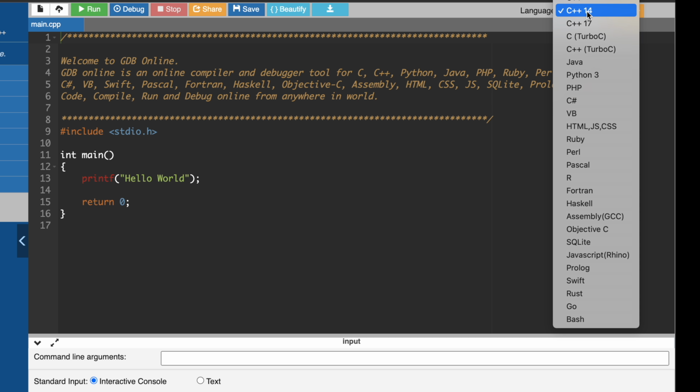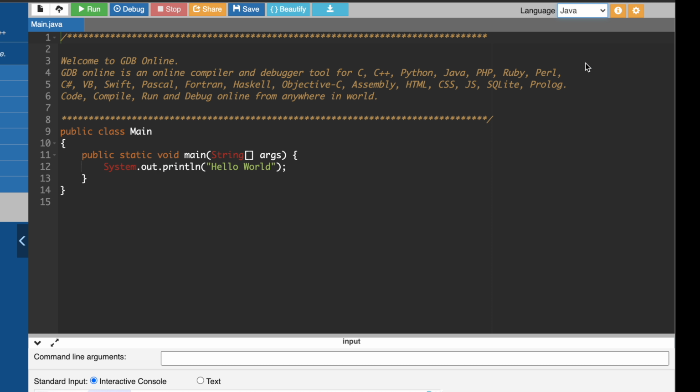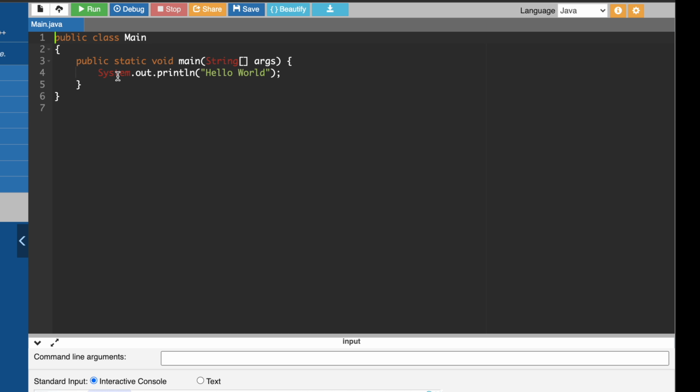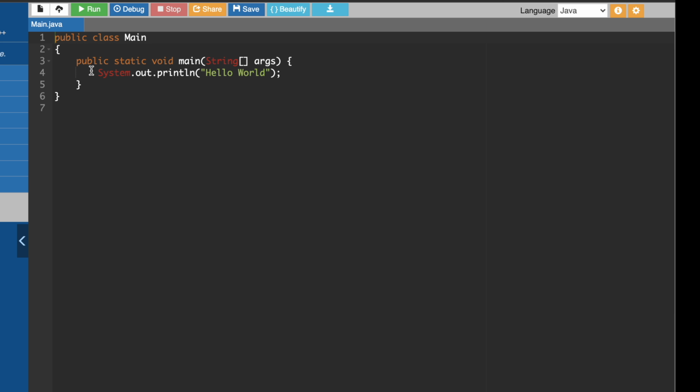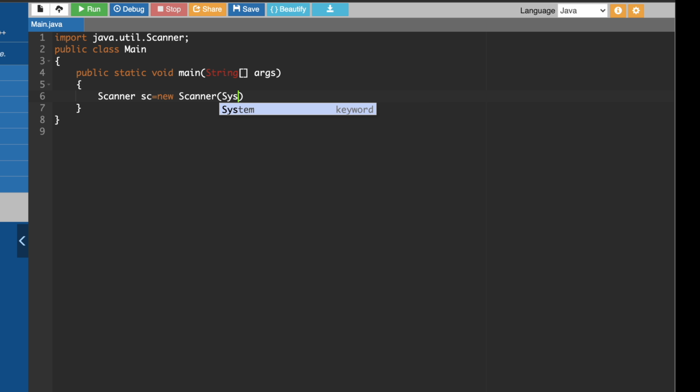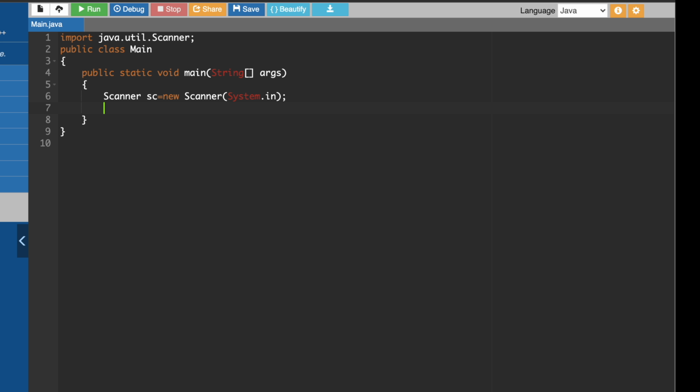Now moving toward the second language, Java code for bubble sort. Select Java from here. You can delete all the commented part. Write import java.util.Scanner for using the Scanner class. We don't need this line, and then start with Scanner sc equal to new Scanner(System.in),